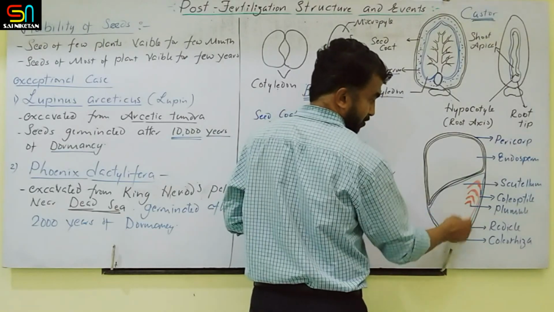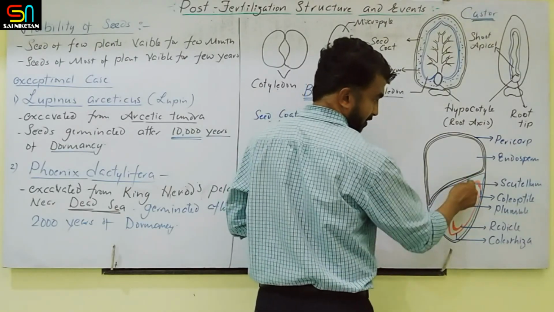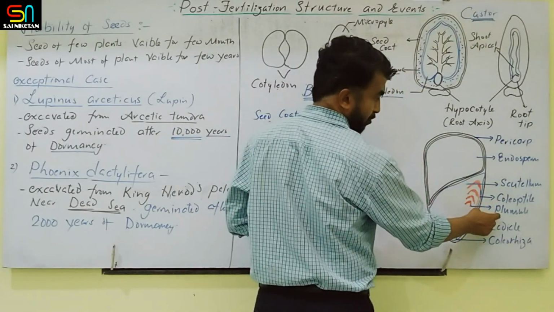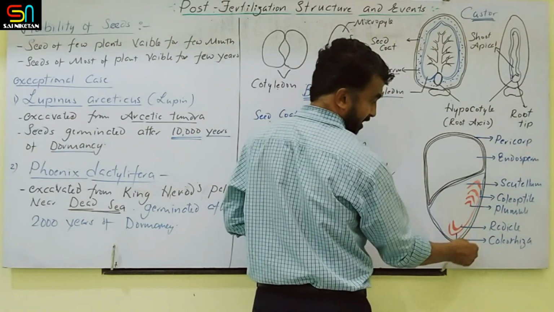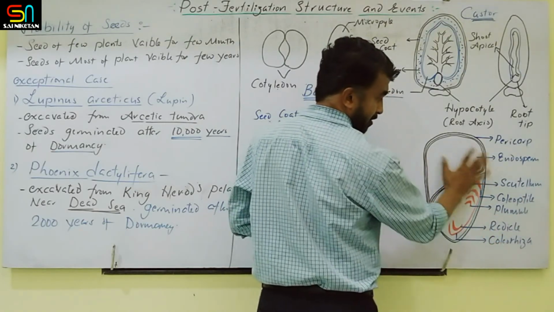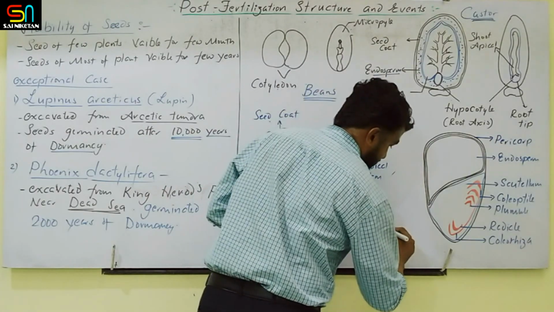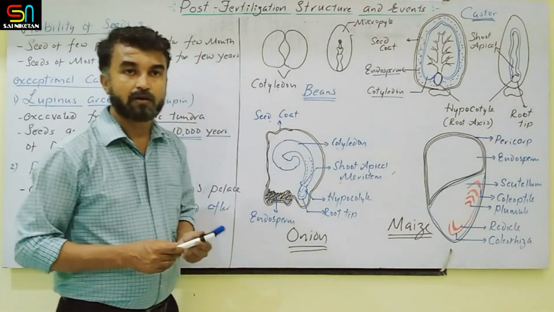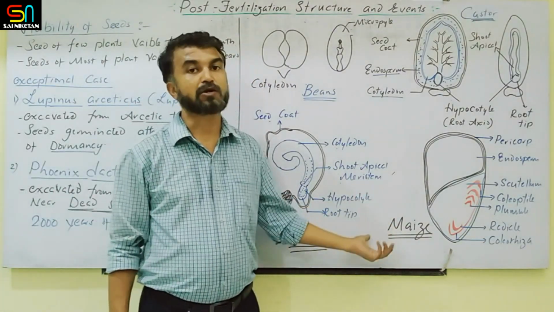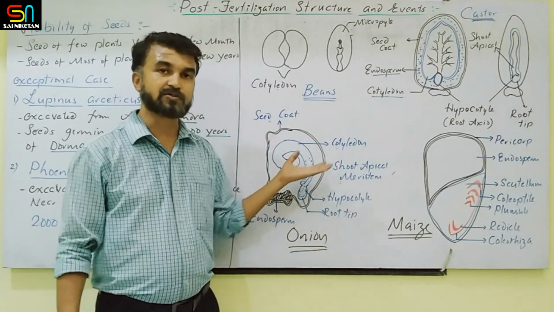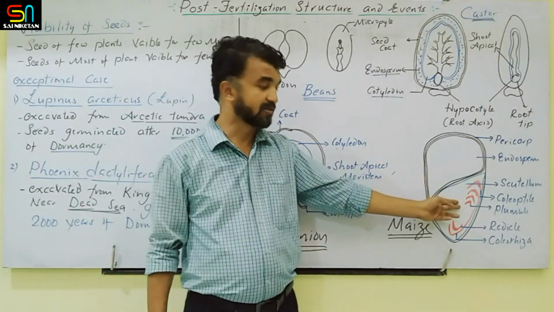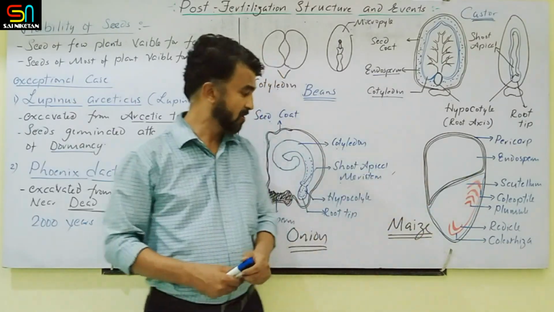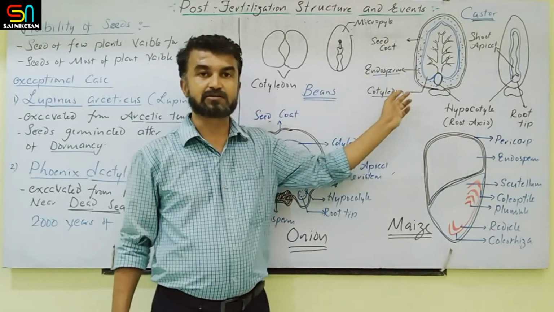Next, this is the embryonal axis. On that, this is the scutellum. Clear? That cotyledon is called the scutellum. This region is called the epicotyl, where the plumule and coleoptile are there. This is the hypocotyl, where the radicle is covered by the coleorhiza. So this is the figure of the seed of maize. Clear? The actual name is not given in the textbook. Better you draw this figure once and make it perfect. So this is maize. Mostly this question will be asked: draw a neat labelled diagram of maize seed, or onion seed, or castor seed.